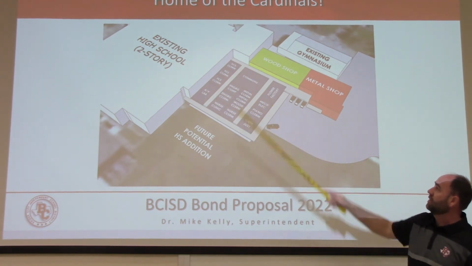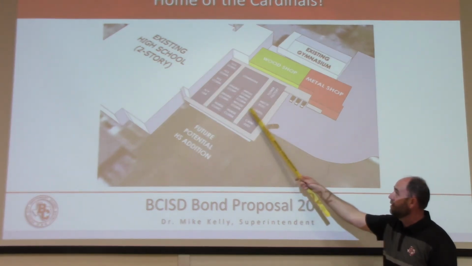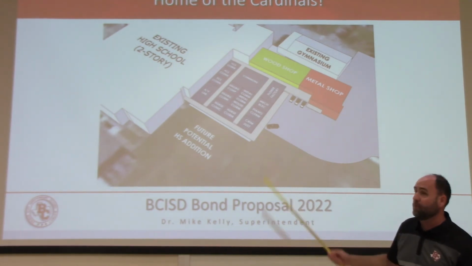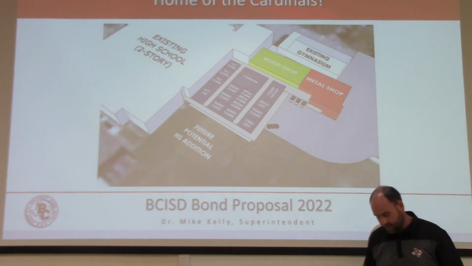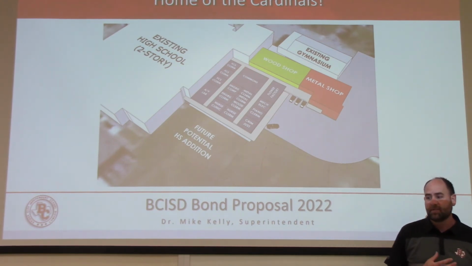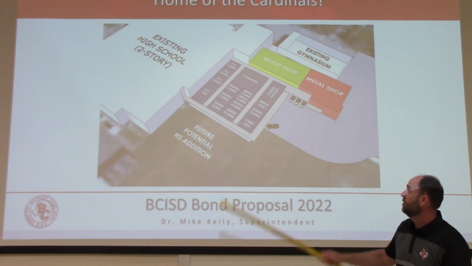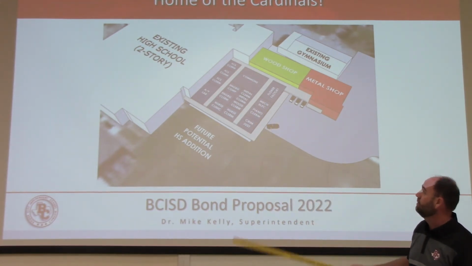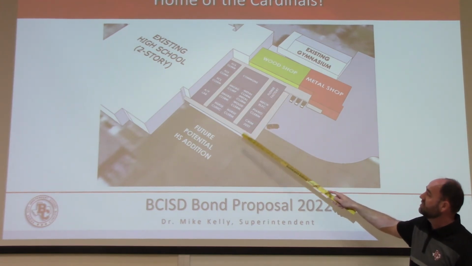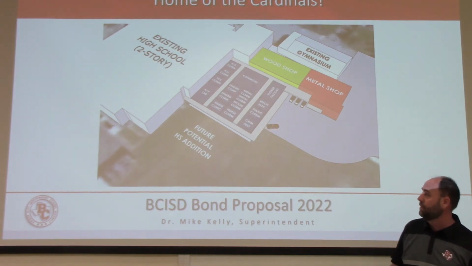This area here called Commons has office space for the teachers in this area. It has changing rooms for faculty. It has locker rooms for students so they don't walk into a metal shop or go paint in the clothes that they wore to school and just walk straight out in there. Even if they want to throw on some coveralls or change really quickly, those locker rooms will provide a great spot to do that. The flower factory gets moved in here, piano classroom, criminal justice, nursing classrooms, wood classrooms, metal classrooms, and engineering.